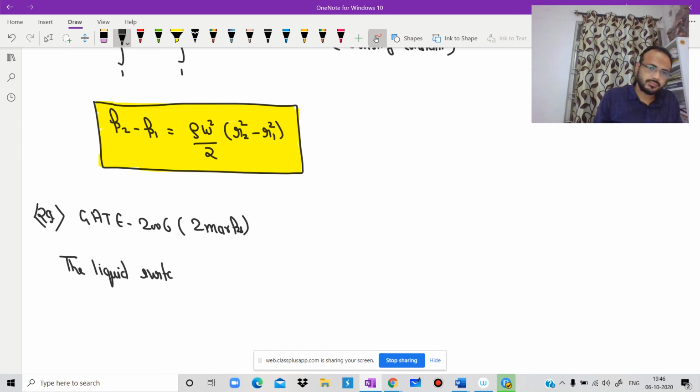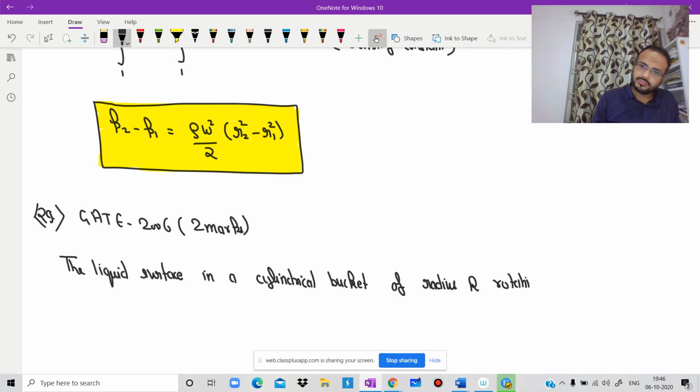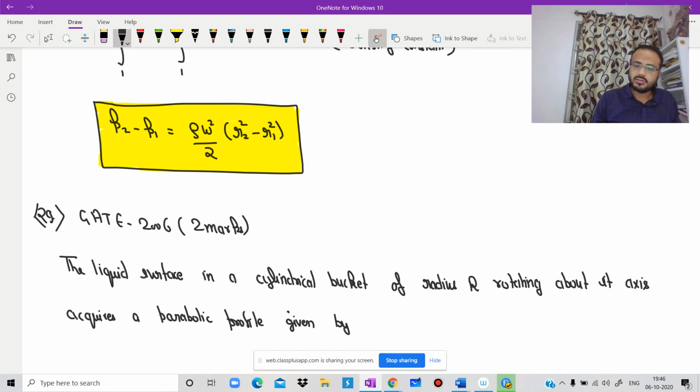The liquid surface in a cylindrical bucket of radius r, rotating about its axis, acquires a parabolic profile given by the equation y is equal to a plus b r square,